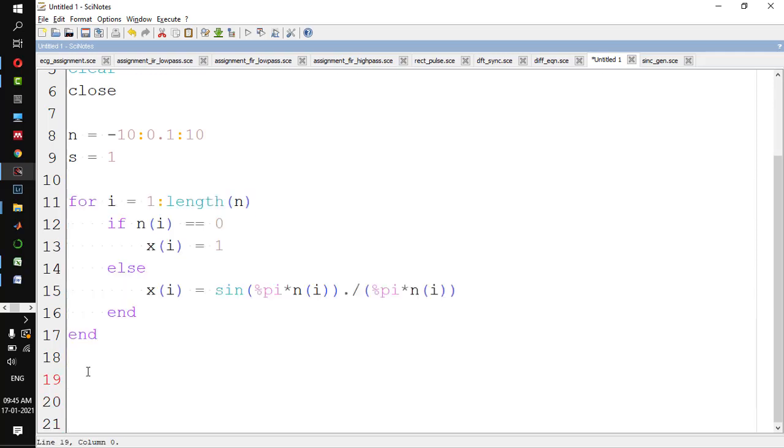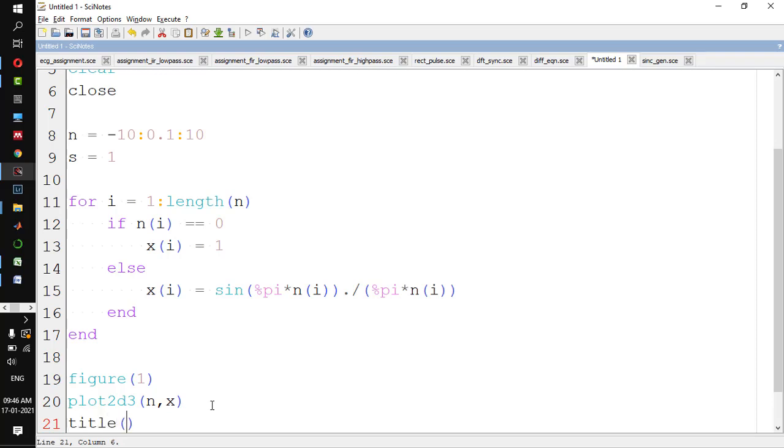So we'll try to display it. Figure of 1. Since it's discrete time, I'll write it as plot2d3 of n with respect to n, comma, x-axis is n, comma, y-axis is x. Fine. Now we will have the title for it.